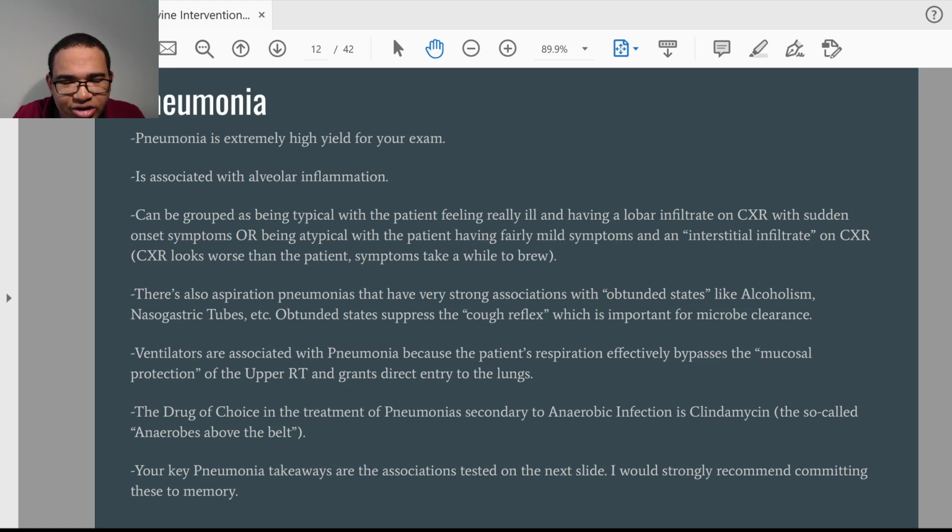And then remember ventilators, right? And usually when people have aspiration pneumonias, it's usually from anaerobes, right? So they'll have like a foul smelling sputum or whatever. And then ventilators, right, also have an association with pneumonia, right? So,